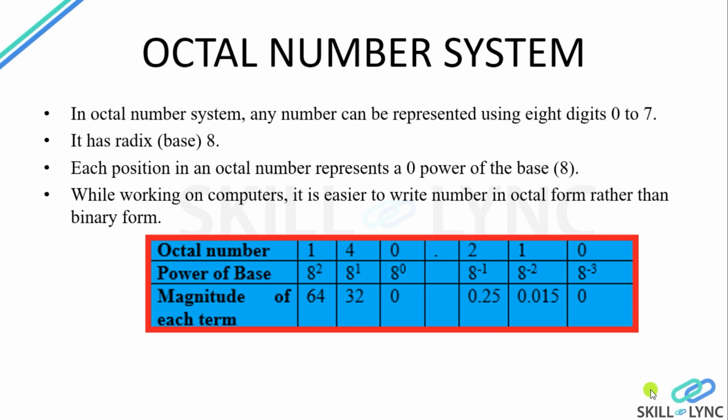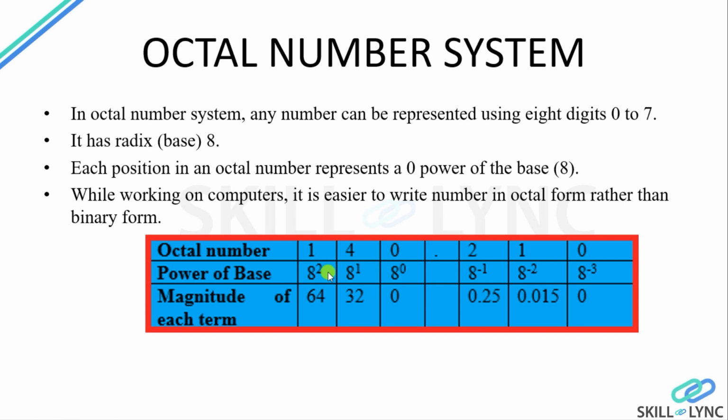And whenever we have to represent it, for example, I have a number 140.210. Whenever we have to represent the same in the octal number system, we will do it by 8 to power n. Here 8 is our base, and 8 power n gives the positions. Starting from the decimal point, the positions are 0, 1, 2, so it will be 8 to power 0, 8 to power 1, 8 to power 2, and after the decimal point it will be 8 to power minus 1, 8 to power minus 2, 8 to power minus 3, and so on. Then whenever you multiply these, you will get the decimal number, which we will discuss in the next part of the lecture.